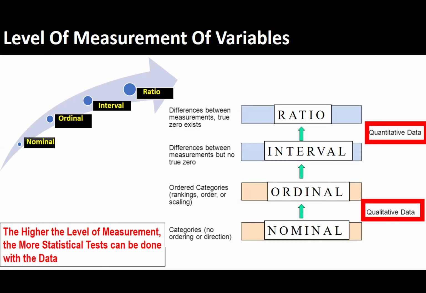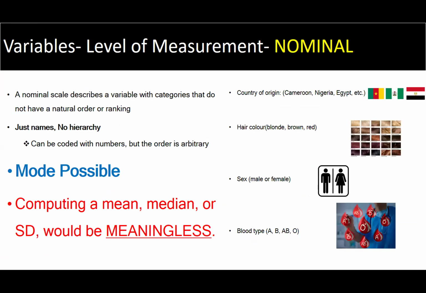Whereas if the data is nominal, we're limited to just things like the mode, as I said before. So when you go to nominal data, for example, country, if you are doing some research about Africa, you want to look at the countries in Africa. It doesn't make any difference if you say Cameroon, Nigeria, Egypt, or Nigeria, Cameroon. Okay, this is nominal data. If you look at, say, the blood type, which I mentioned before, the sex, it doesn't matter if you say male, female, or female, male. Here, with nominal data, we are limited. The only statistic we can do here is the mode. Okay, it's not possible to calculate the mean or the median.